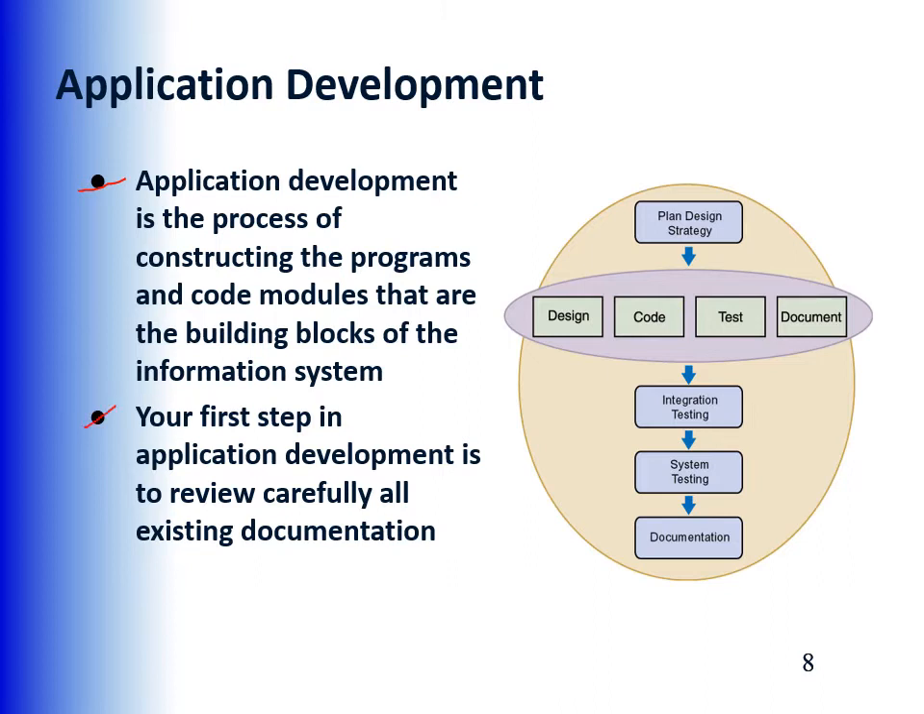Okay, so your first step in application development is to review carefully all existing documents in system design. I mean the system design phase, right? Examples of your documentation are the system design specification accompanied by diagrams, source documents, screen layouts, report designs, data dictionary entries, and user comments. Okay, if you look at this figure,